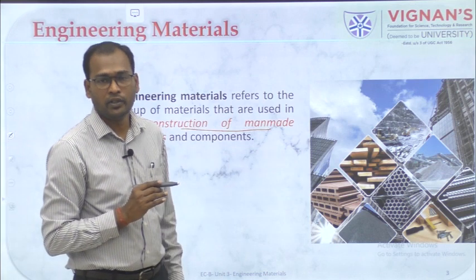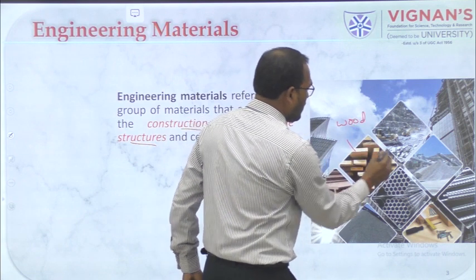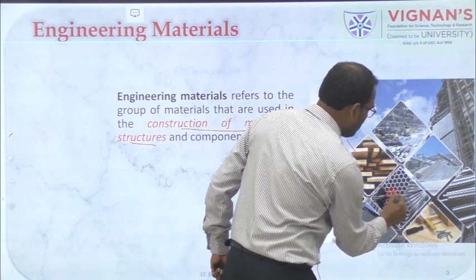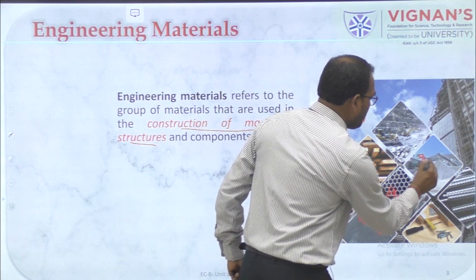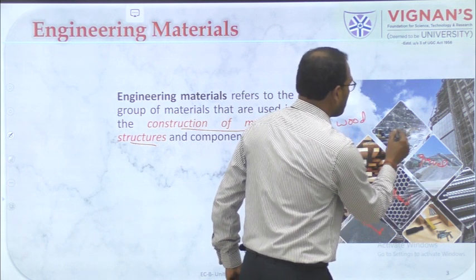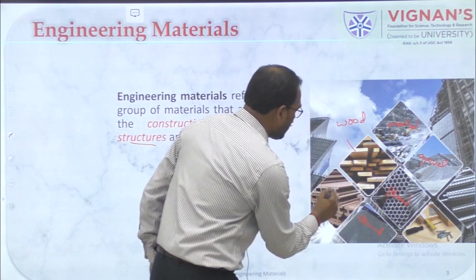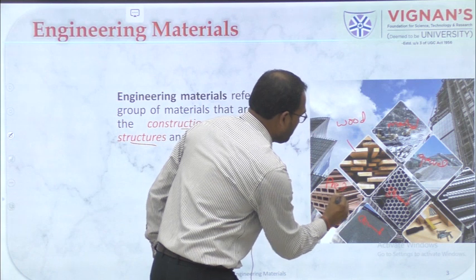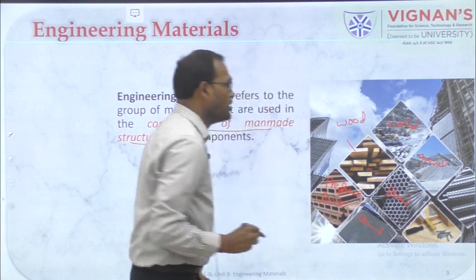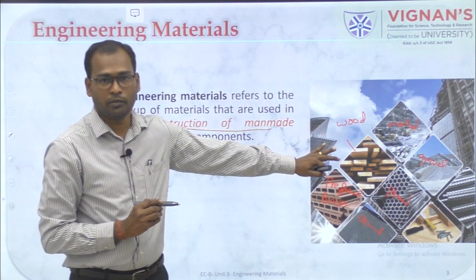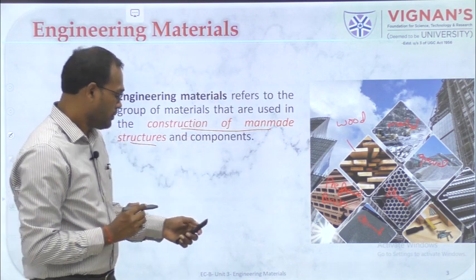these are some of the examples, and you can see here it is wood, and this is steel, and this is cement, gravel, and this is marble, and these are all preformed bricks. Right. So, these are some of the examples of construction materials, and all these come under engineering materials.